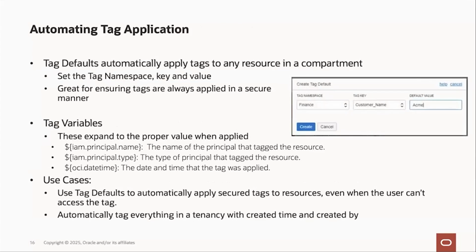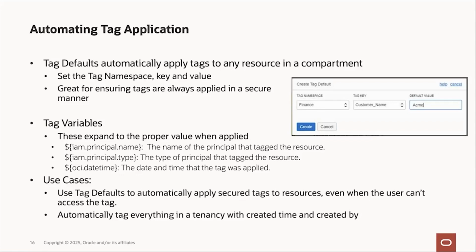All right, our next tool here is still part of the tagging service, but this tool allows you to automate tag application within a compartment, and these are called tag defaults. They let you specify tags that already exist, and then apply them automatically to all resources when they're being created in a specific compartment. So this feature is really great because it allows you to just make sure that appropriate tags are being applied at resource creation without actually requiring the user who's creating the resource to have access to